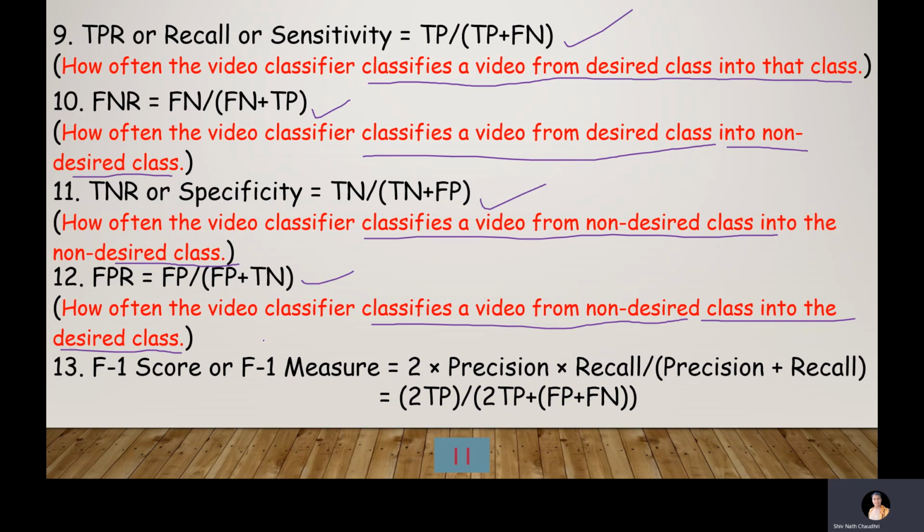The F1 score is obtained by using TP, FPs and FNs. So this is the corresponding formula of F1 score. Also, the corresponding formula of the F1 score has been obtained by calculating the harmonic mean of precision and recall. So this is the corresponding formula of F1 score in terms of precision and recall. Now it's time to explore the derivation of the F1 score as promised in part 1 while discussing the 2x2 confusion matrix.